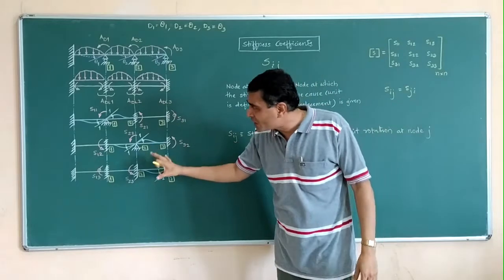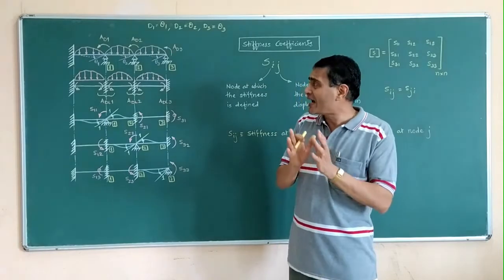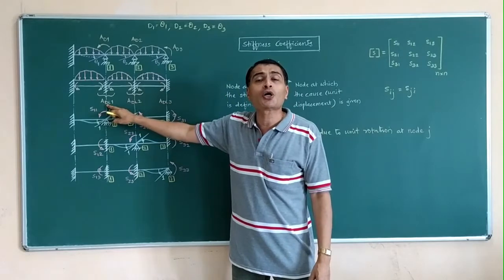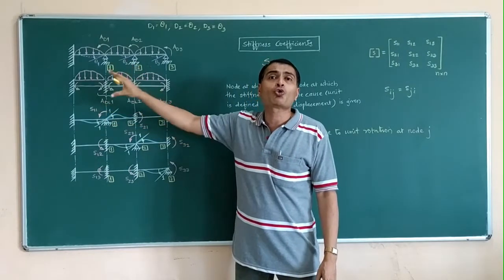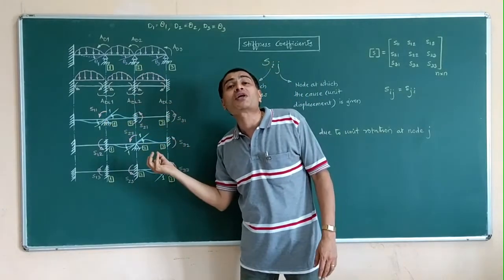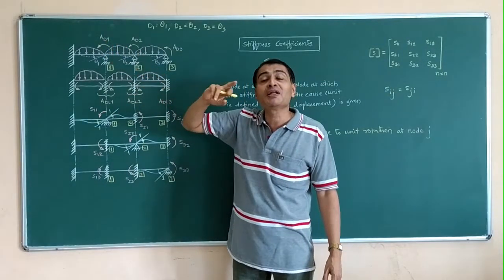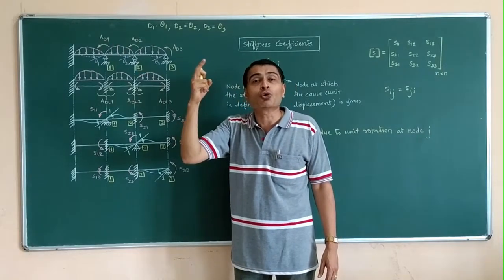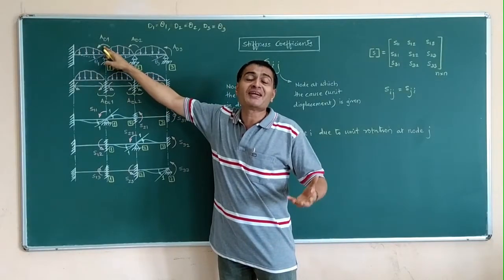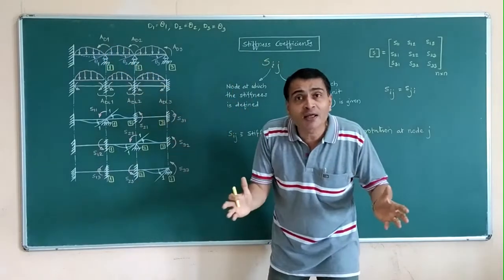So, taking this one example, without using any numeric value and without any calculations, I have just tried to explain what is action corresponding to unknown joint displacements due to loads at node 1, node 2, node 3. What is stiffness at I due to unit rotation at J. And what is action corresponding to unknown joint displacement in the original given configuration, in the original problem. If it is there, we write its value. If it is anti-clockwise, it is positive. If it is clockwise, it is negative. If it is not there, it is zero.